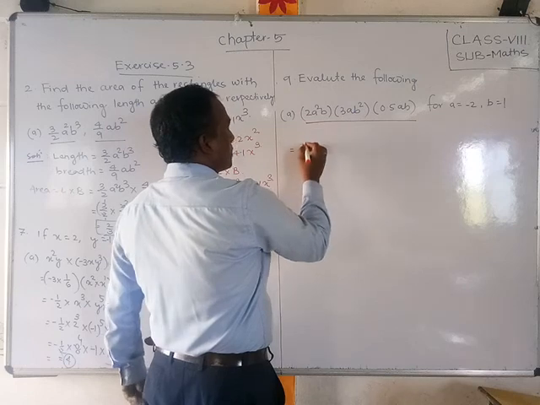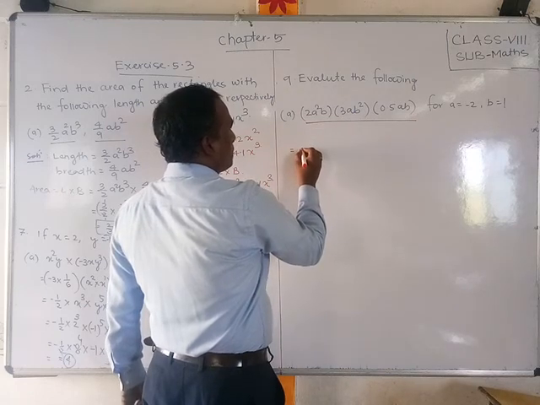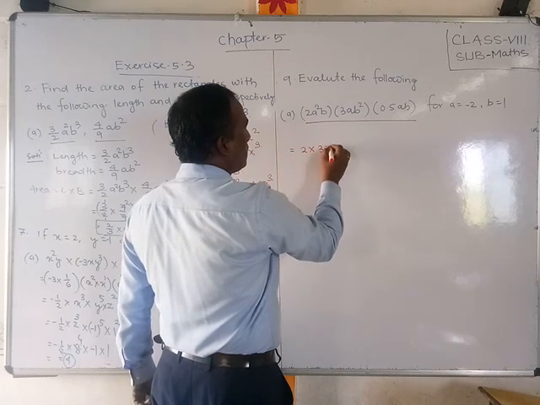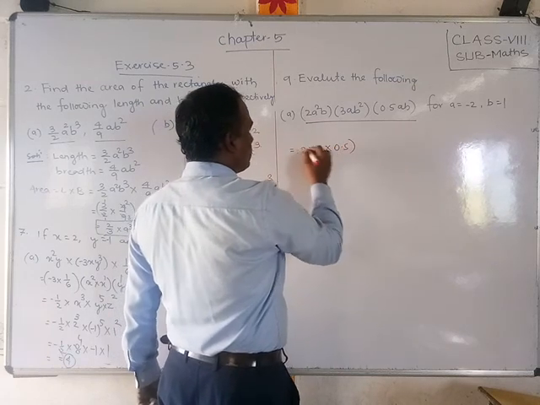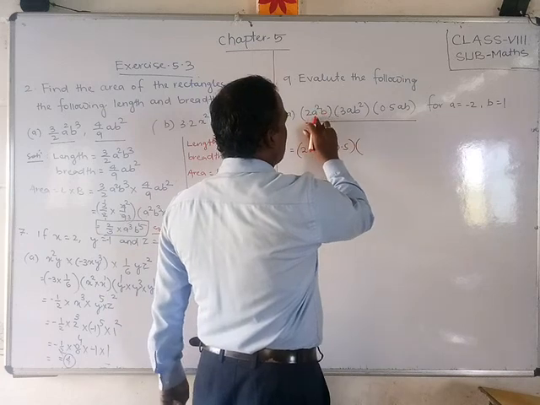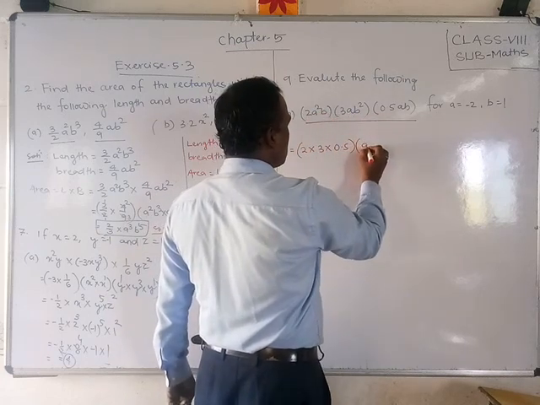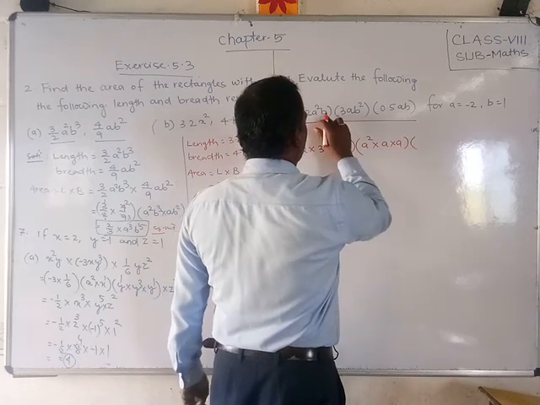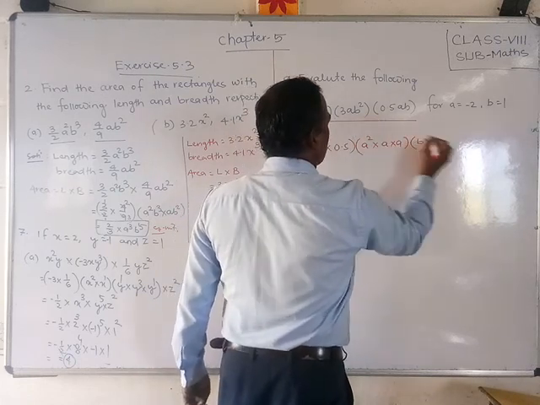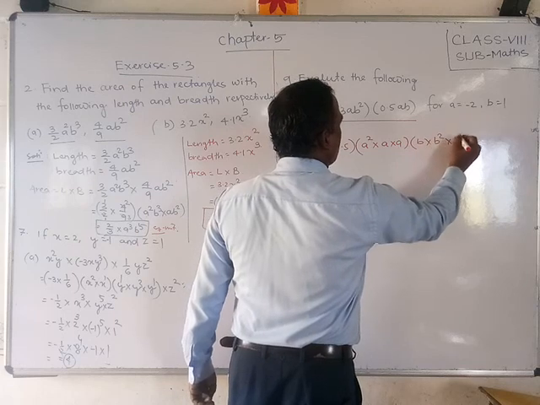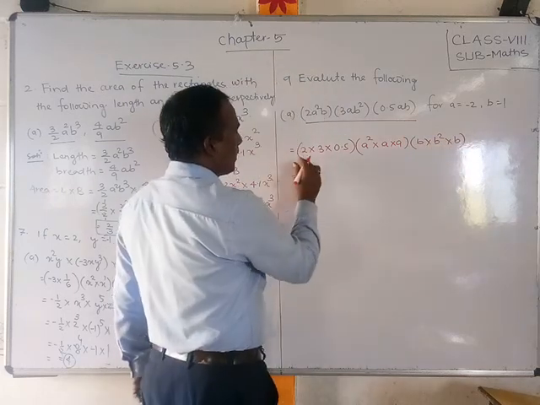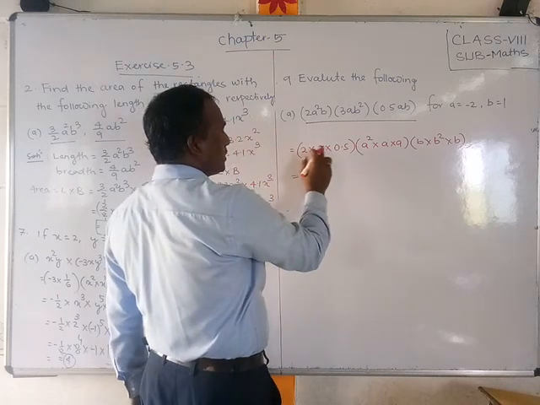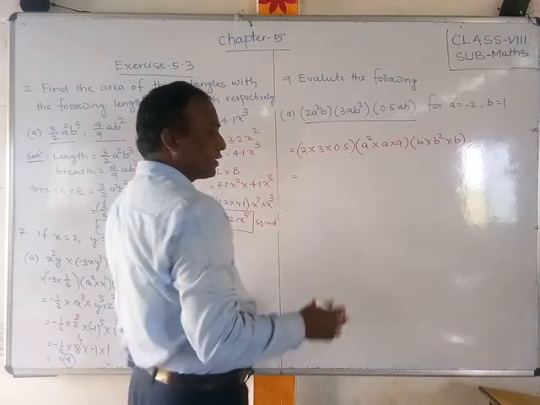So first of all multiply first. First I told you, multiply the constant numbers first. So 2 into 3 into 0.5, into the variables first. Write that down correctly: a square, arranged in order, a, next b is there, so b square into b. Now multiply. 2 times 3 is 6, 6 times 5 is 30.